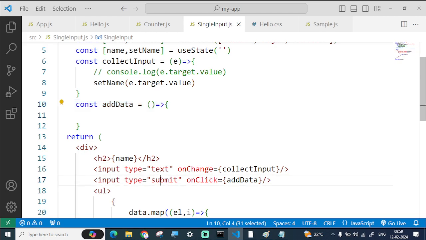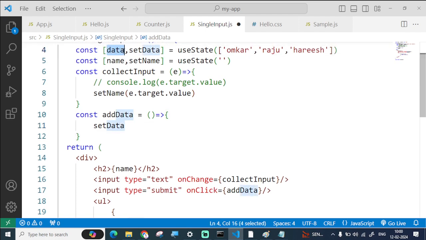If you click on this button, I am calling this function, and you have no need of the synthetic base event, because you have no need of a reference of that element. If you need a reference of an element, you can expect the synthetic base event, but for this you don't need it. And which one are you going to update? Set data. So I am going to update this variable, this array. So I have taken set data, and in that